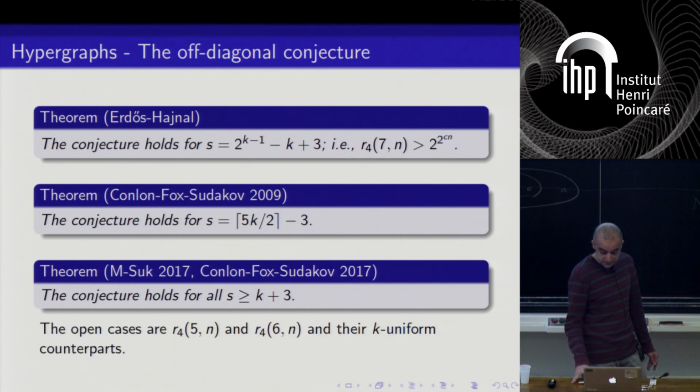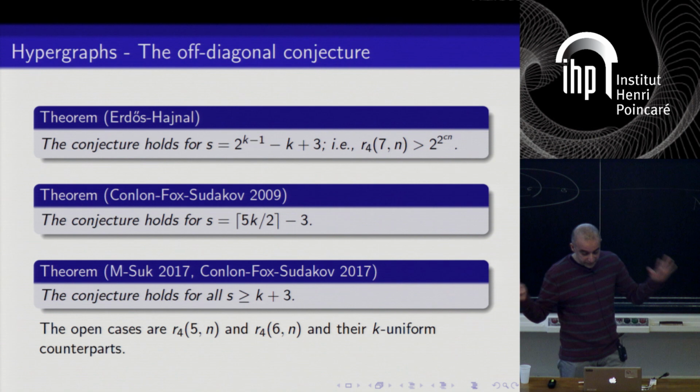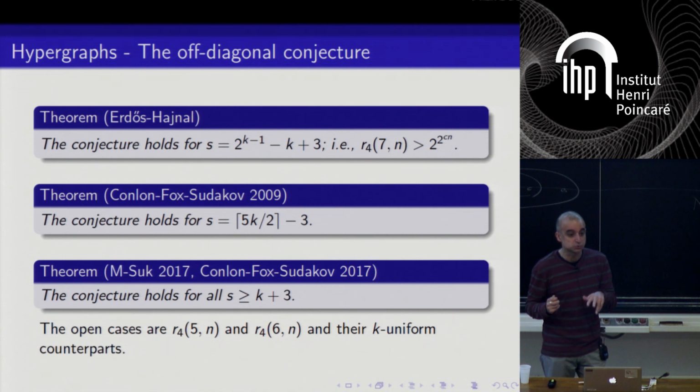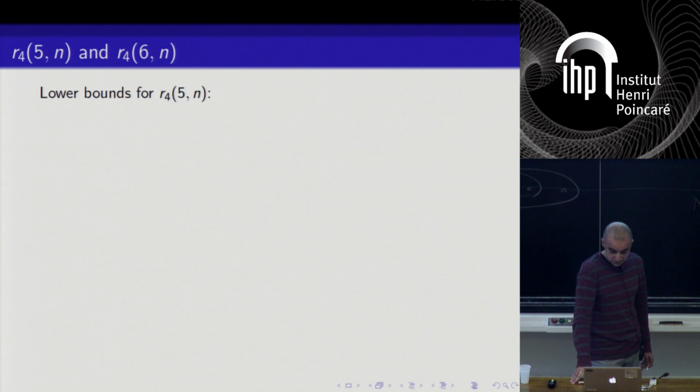But there are 2 open cases. And actually, based on what I told you before, that there's a way of moving the uniformity up and obtaining constructions, the whole thing boils down to just these 2 problems. So if you can settle these 2, then you can determine the tower growth rate for all k by some method called the stepping up lemma. So the whole thing is now about R5(n) and R6(n), and we got obsessed with these 2 problems, so we worked and worked and worked, and we made some progress.